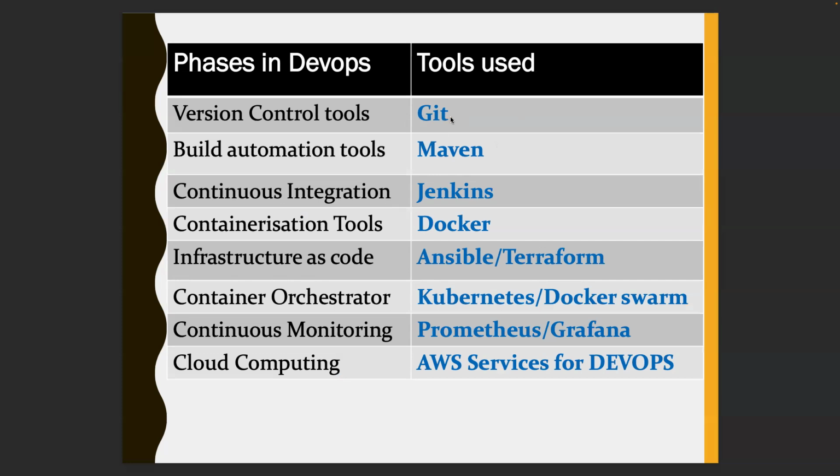And also, if you know Git, other tools in the same category are self-explanatory, right? So master one tool in each category. That's why we are going through this. And AWS services will be covered, whichever are needed for DevOps. Also, if you know one cloud, that is enough. You don't need to learn all the clouds like Azure, AWS, and so on. Companies are looking for people who have knowledge in one cloud, right? They know that candidates should be flexible enough to work on any cloud. Similarly, if you know Git, you should be flexible enough to work on any other tool because they are similar, and that's what companies expect, right?